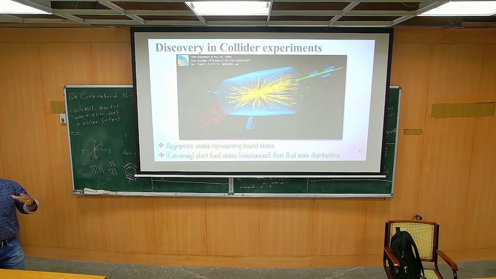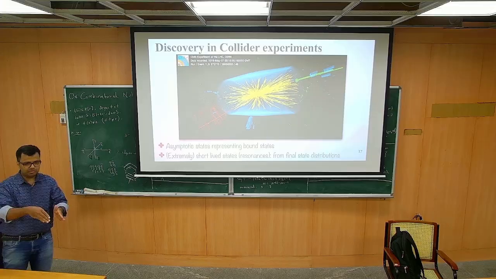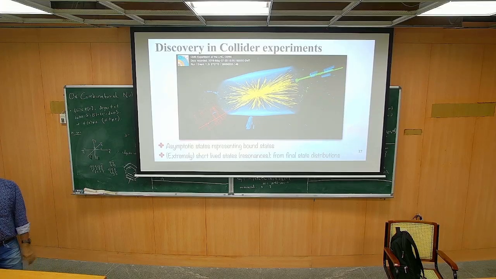Okay, and you look at these showers and try to figure out various correlations, etc., and try to argue that these particles may have existed at these times. To be more precise, many of the particles that we argue exist, some of these 1 star or 2 star particles, are not observed as themselves. They are observed only from their final state fraction. So you get a lot of showers, try to figure out various correlations between the showers that you observe in the experiments, and based on that you argue that these particles may have existed.